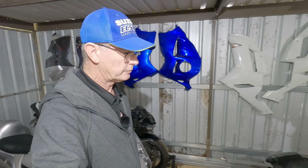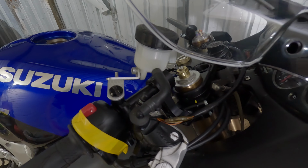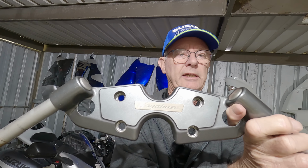In my previous video about the handlebar conversions for my Gen 1, I showed you the Woodcraft zero offset handlebars that I've bought. So we're going to do a comparison. What have I achieved, if I've achieved anything at all? So here we go. We've got the standard top clamp with a